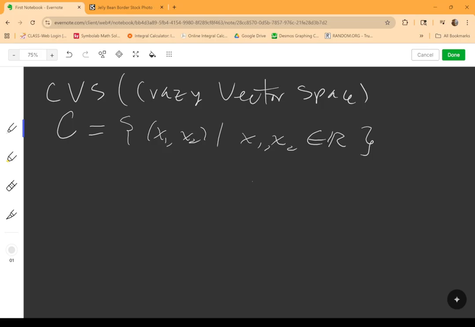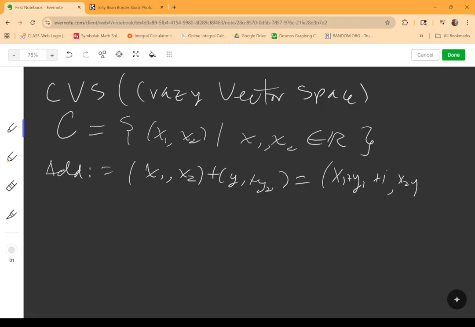All right, and we're going to define the addition between two vectors in this set, or I guess ordered pairs, (x1, x2) plus (y1, y2) equals (x1 + y1 + 1, x2 + y2 + 1), and then we'll define scalar multiplication